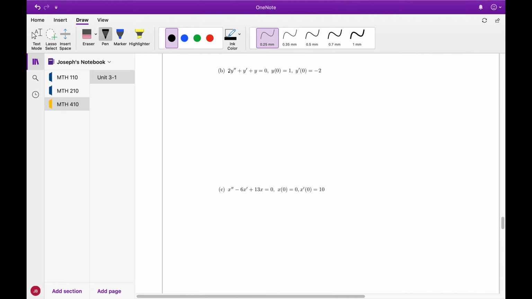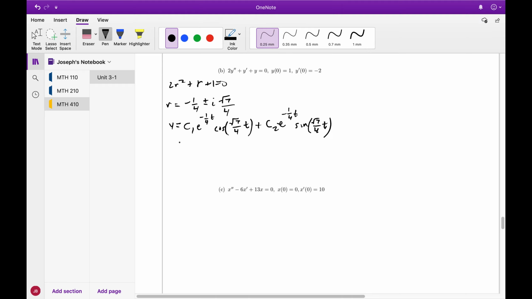The characteristic polynomial is going to be 2r squared plus 1r plus 1 equals 0. And if you work, the roots are going to be minus 1/4 plus or minus i root 7 over 4. Just use quadratic formula for that. And so that tells me then that y is going to be c1 e to the minus 1/4 t cos root 7 over 4t